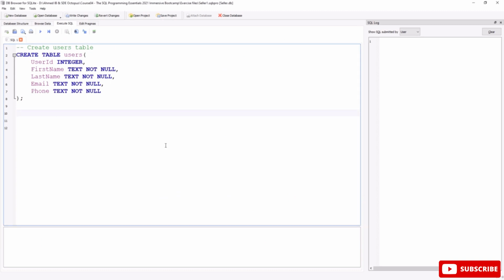Welcome to this lesson about the solution of the exercise we took in the previous lesson. You can see this is the syntax of creating the users table. As you can see, the create table statement followed by the name of the table, users, and in between the round braces insert the name of any column you wish. We want to insert 5 columns in this case, so we insert user ID followed by the data type for that field, integer, then first name, text,